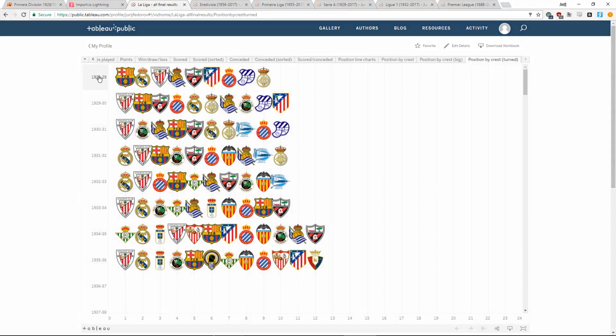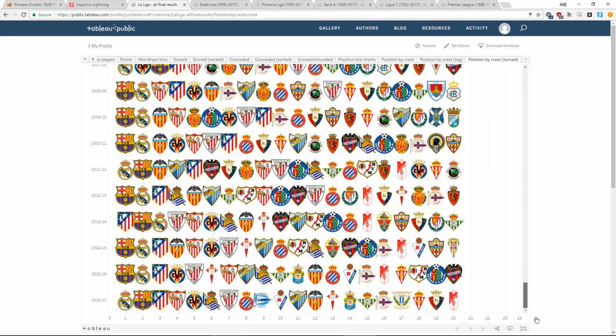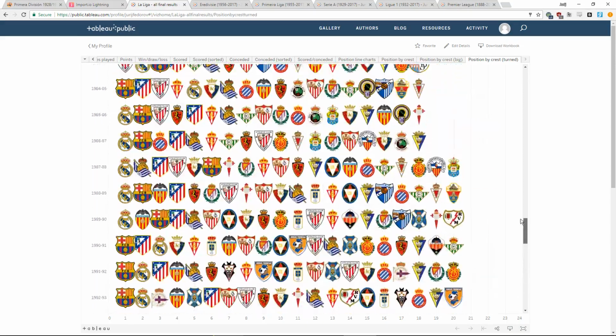So this is the first season ever. Barcelona won that season. But I can also see all the other seasons. This is the last season where Real Madrid won. And also you can see